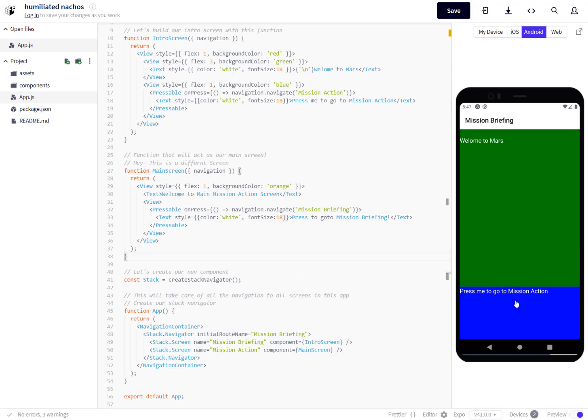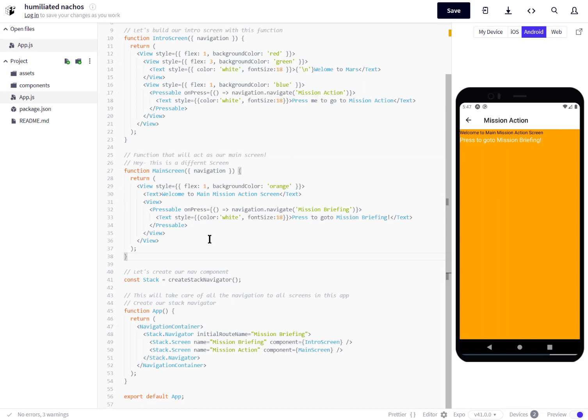And we're going to press me to go to mission action, because remember, this is the mission action. There it is. And now it says press to go to the mission briefing. So it makes it very easy to see. However, it's kind of jumbled up with this welcome to main. We could split it up using flex. Right now we have flex, which is 100% in this view. And we could make a couple more views and split this up like we did here,